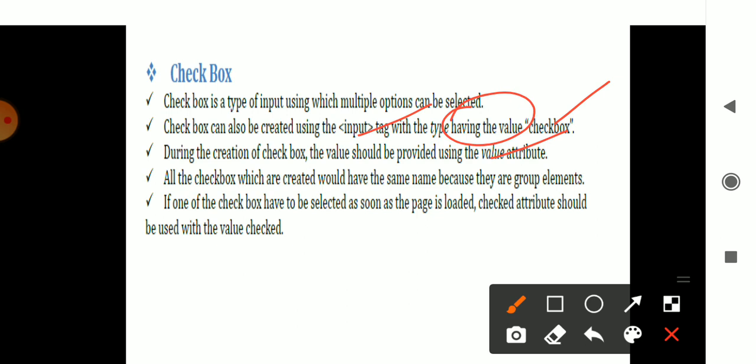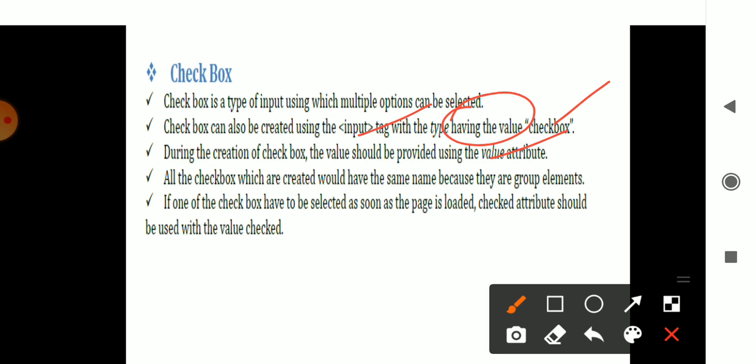In the store elements I may consider a pencil, eraser, pen, cardboard, whatever it is, as different checkbox elements. So when I want to provide a value for that checkbox, I present the name, pencil, pen. Those are the values provided for the checkbox.